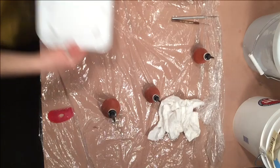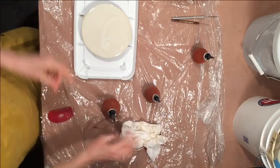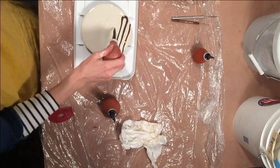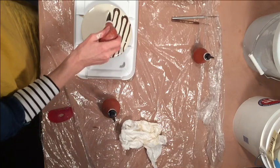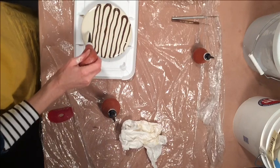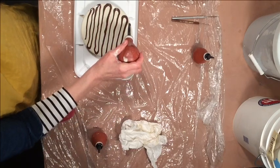Let's see. I'm going to add it onto here. Make sure you keep your hands clean. Let's put down the black slip. And by the speed of how you're drawing your line, if you want it a little bit thicker, I can slow down, or a little bit faster. I find that when I'm slower, I get kind of a wiggle, which is okay, but not really what I'm looking for. Now I'm going to add the rutile